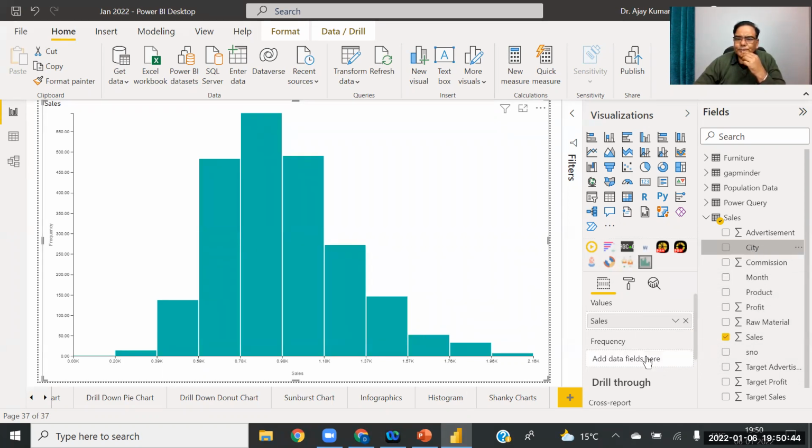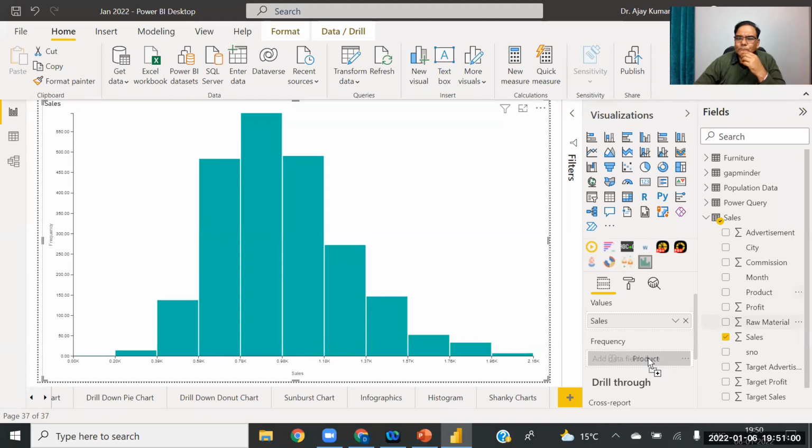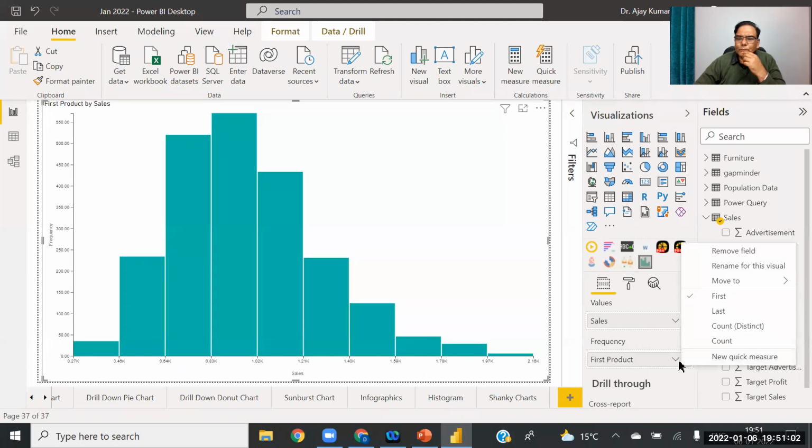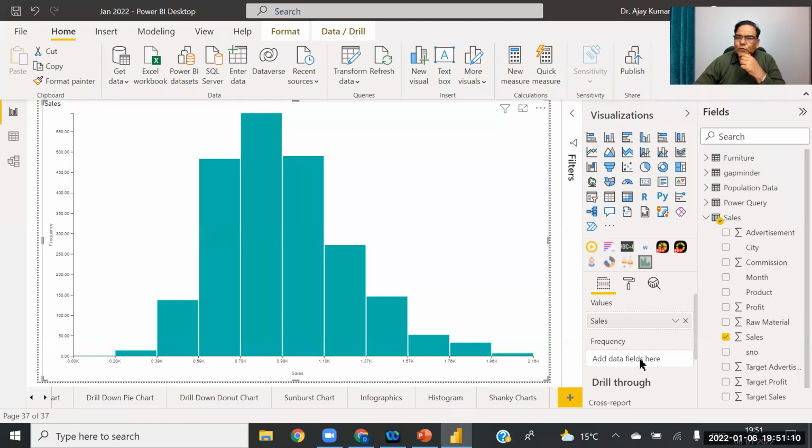Okay, the software can show only the overall value, we cannot add any other variable here. You just plot the histogram of a single variable. Okay, so I hope it is clear.